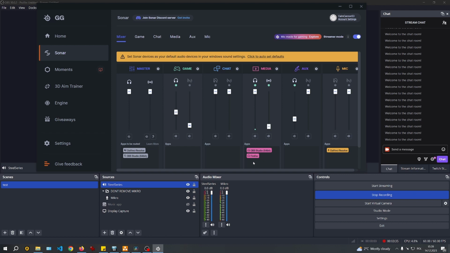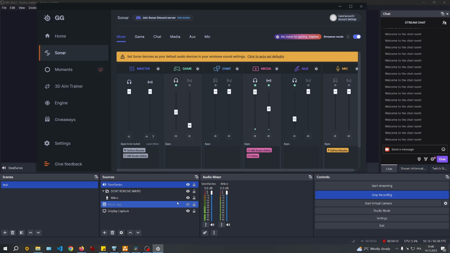So now, if I have a Firefox with music playing in the group media, and I will turn it on, as you can see, and as you can hear, you're starting hearing the music. I can mute this one. Now you should have stopped. I can control this one like this for you, and for me I will control this by this. But this is a Steelseries only the stream, so aggregated all of these 5 channels are passed to the OBS